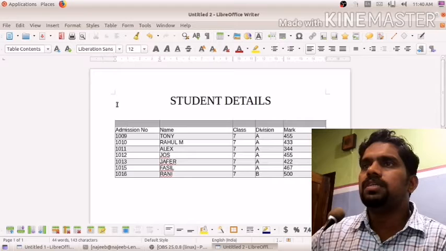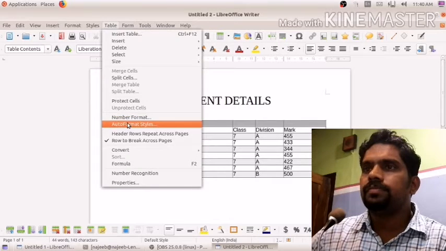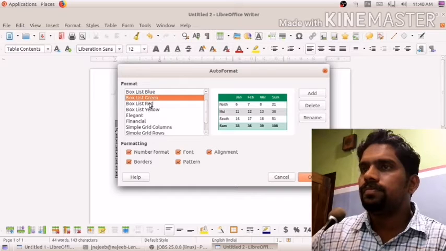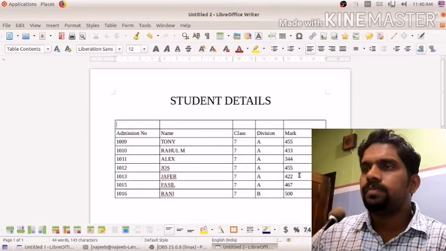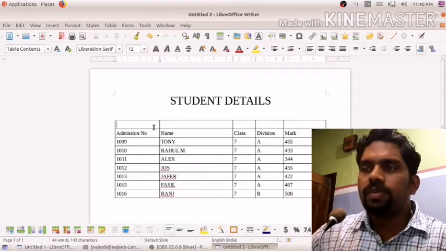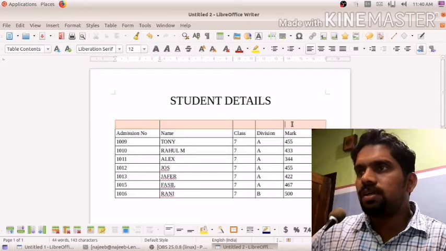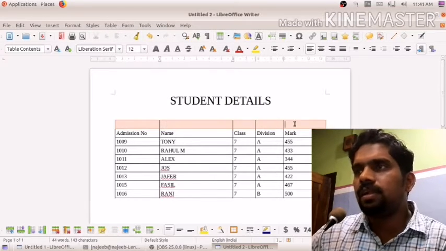Okay, I am going to change the table auto format to the default style.